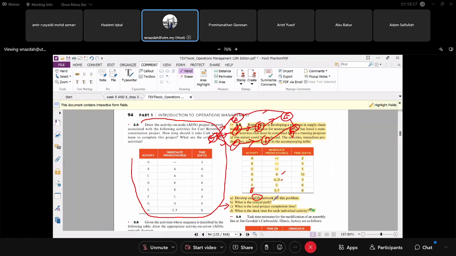Do you know what is the critical path? You do not know. What is the project completion time? You do not know. All right. Now, okay, on your fresh sheet of paper, for every node, you redraw this network diagram. For every node, you have more columns. So this is A. So activity A takes 2 days. So if you want to determine the completion time, what we're supposed to do is,